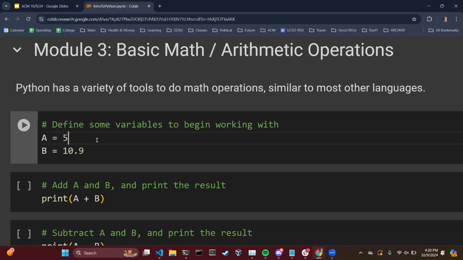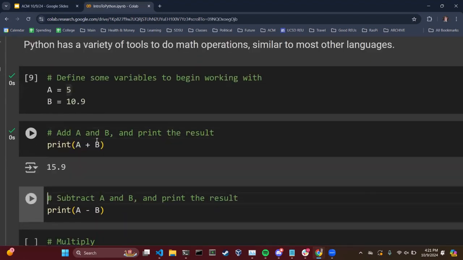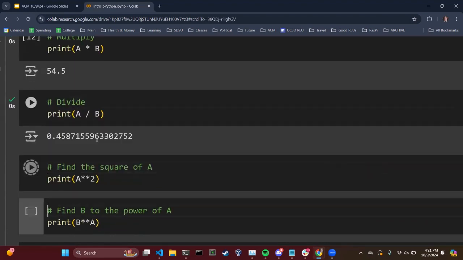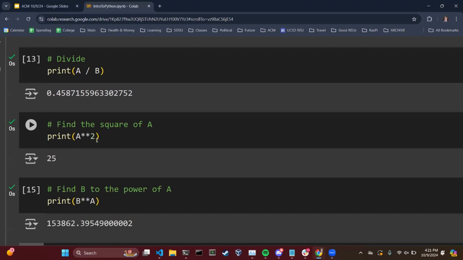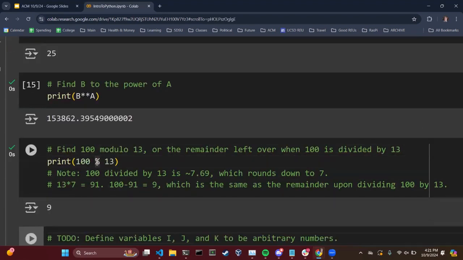So this is just an example of how math works in Python. You'll find that it works exactly the same as it does in Java. It's just, again, no semicolons at the end of statements. So there's just a little review. You can define some variables, you can add them together, subtract, multiply, divide, square, find an exponent, and then this